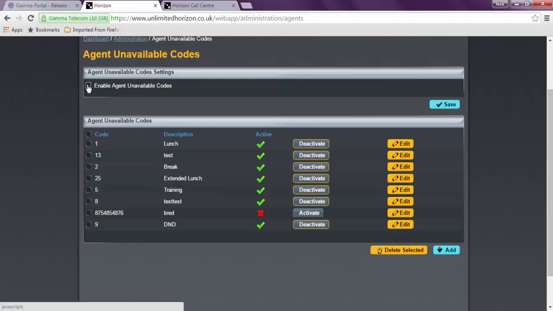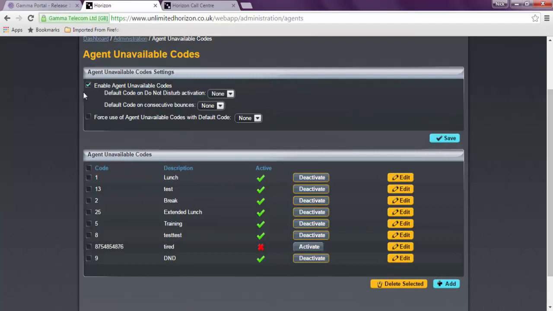The second section here is the Enable Agent Unavailable codes. And by ticking this option, you have the ability to set 3 different functions. The first one is to set a default code on Do Not Disturb activation. As you can see here, option 9 I've created as Do Not Disturb. So if I set this to option 9, what will happen is that each time one of the agents puts themselves into a Do Not Disturb status, they will automatically be changed from Do Not Disturb into an Agent Unavailable 9 code. And that means when you're looking at your reporting on a KIXI,